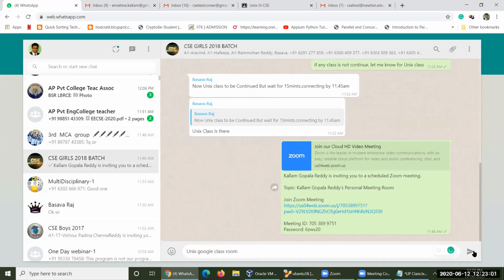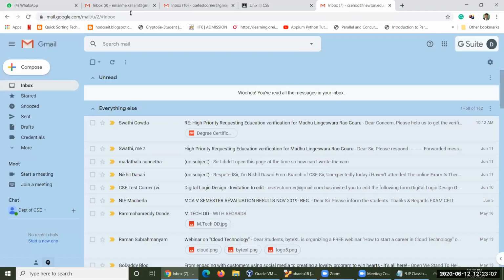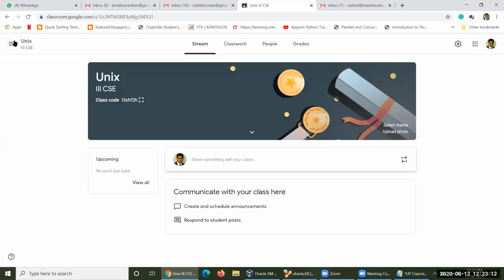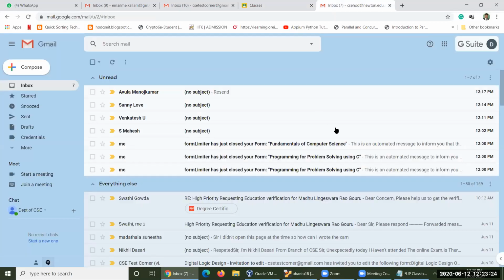Please enter that particular code. So here you could see where it is, probably here. Click on this plus sign, then join class. Thereby you can take that particular code, then you will be joined into the classroom here. Okay, in this way you have to finish up the work.